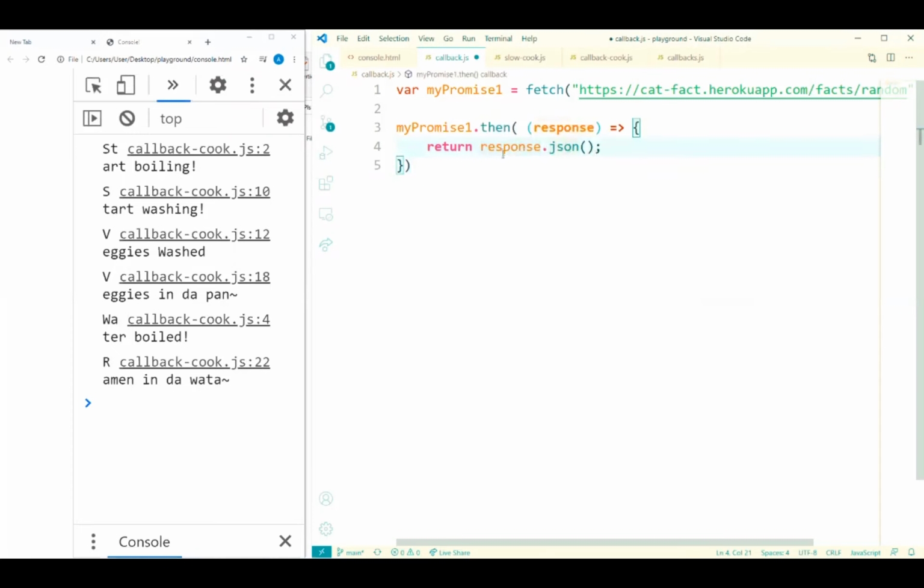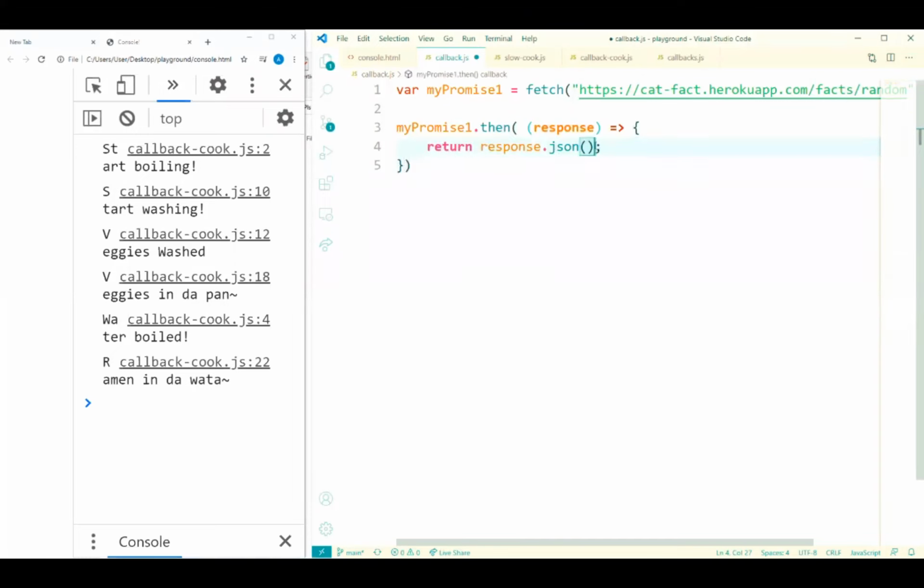In JavaScript, every response object has a method that we can call on it called .json. What this .json does is it takes whatever this response is and it returns a promise. And this promise, if it is fulfilled, will resolve into a JavaScript object that we can use.